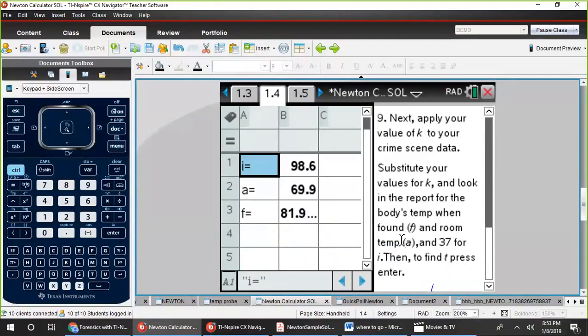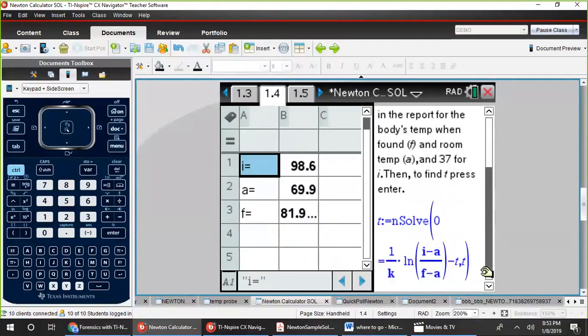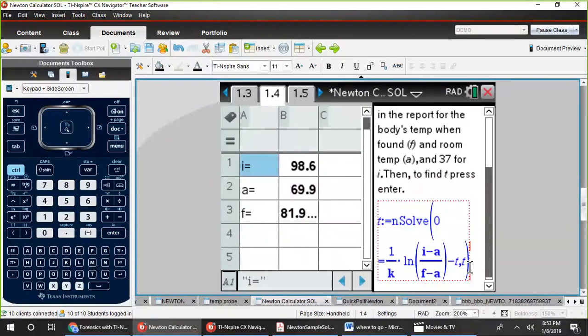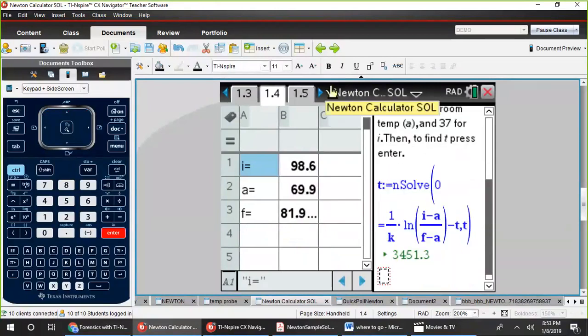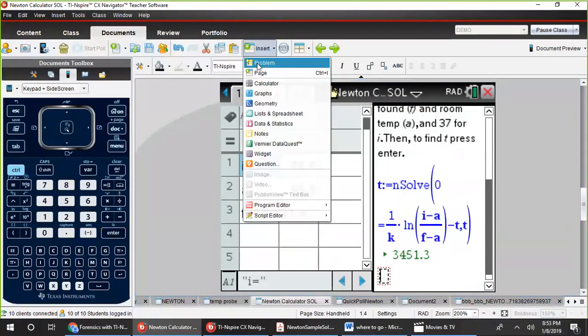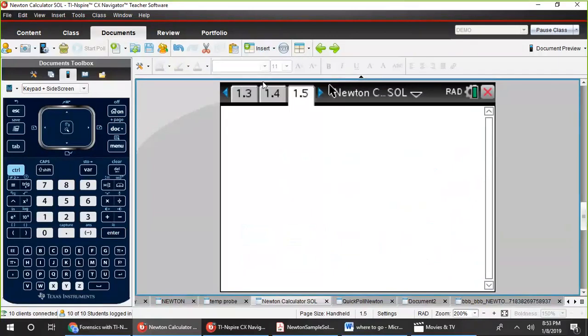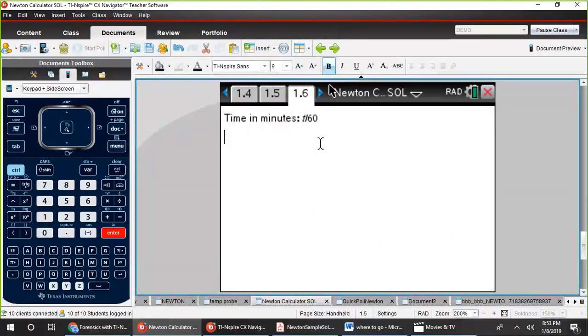We go to our notes page, enter on the math box, insert a calculator page, T for time, our full value being stored. The third page converts our seconds to minutes.